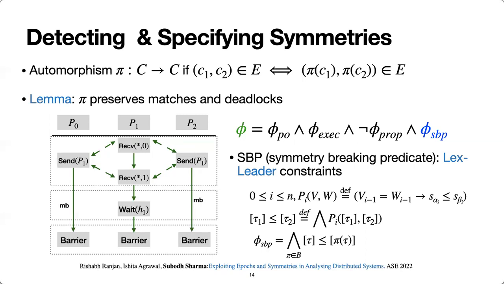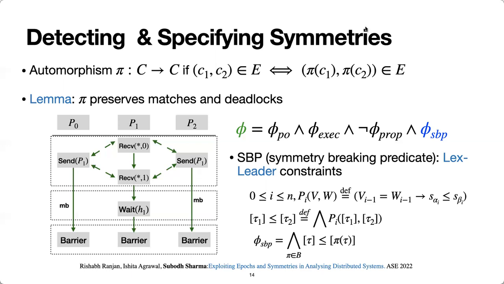We show in our lemma that pi preserves these matches-before relations, as well as deadlocks, if any, constructed from that particular set of events seen in that trace tau. Intuitively, an automorphism is essentially defining an equivalence class partitioning for you. The collection of automorphisms for a particular graph constitutes a group, and this group could be exponentially large in the size of the graph. So typically what people do is limit themselves to working with only generators of the group. If your graph is of size n nodes, then they identify n-1 generators,